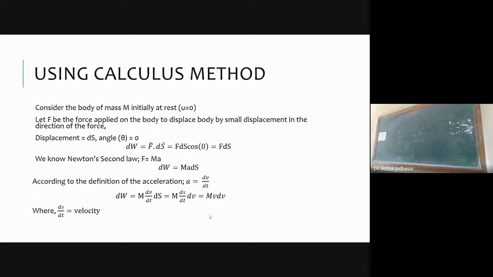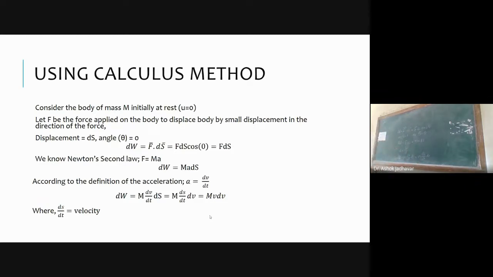I can change this dv and ds just by changing the positions. So I can write this equation as m ds by dt into dv. I have not changed anything. I have just changed the position of dv and ds. This won't change anything in the equation. The equation will remain the same as it is. But dv and ds, only their places were changed. I have taken ds here and dv here. So the equation will look like dW is equal to m ds by dt into dv.